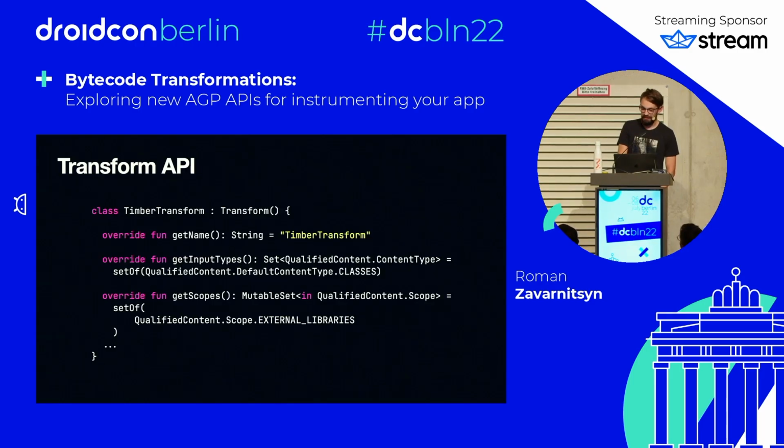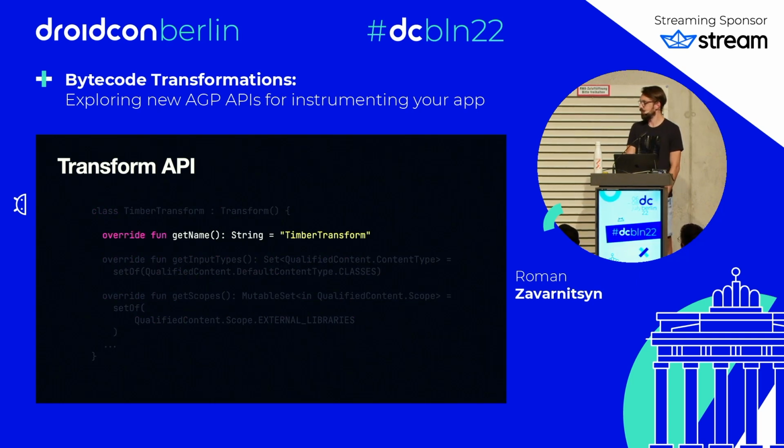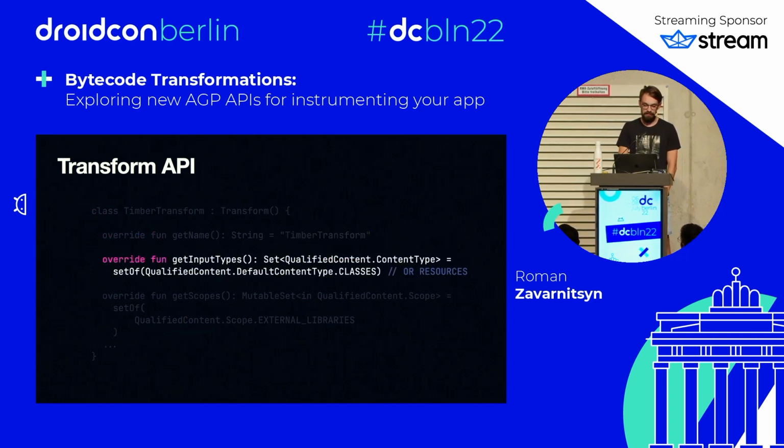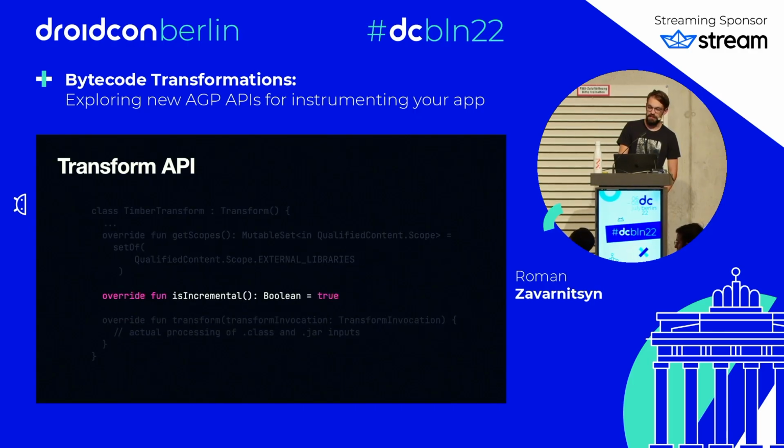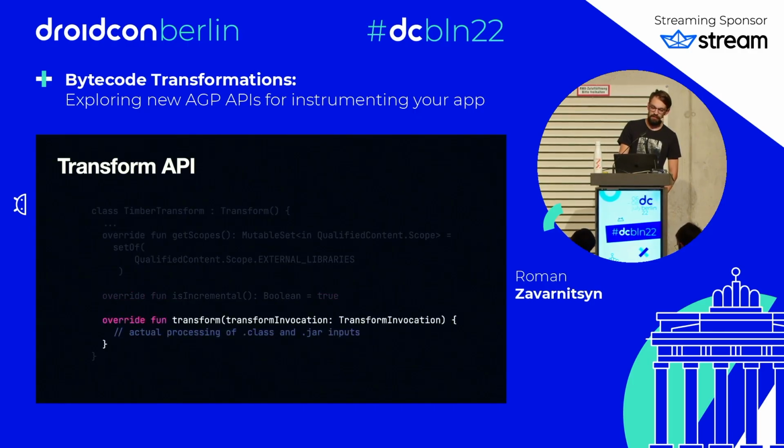Let's take a look at the code. So if we were to write the Timber transform, we would just give it a name, pretty straightforward. Then we would need to define the input types. In our case, we're interested in classes. As we said, we want to instrument the jar dependencies, so we would put external libraries here, the scopes. Then we would need to define if the transform is incremental or not. And finally, there is a transform function which we need to implement, where the actual processing of classes and jar